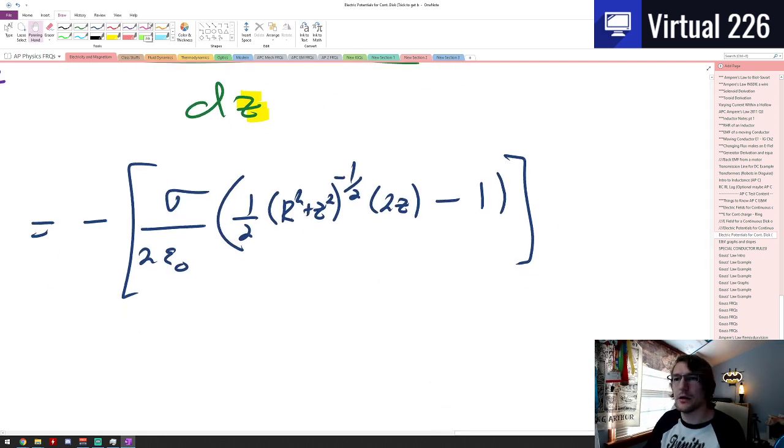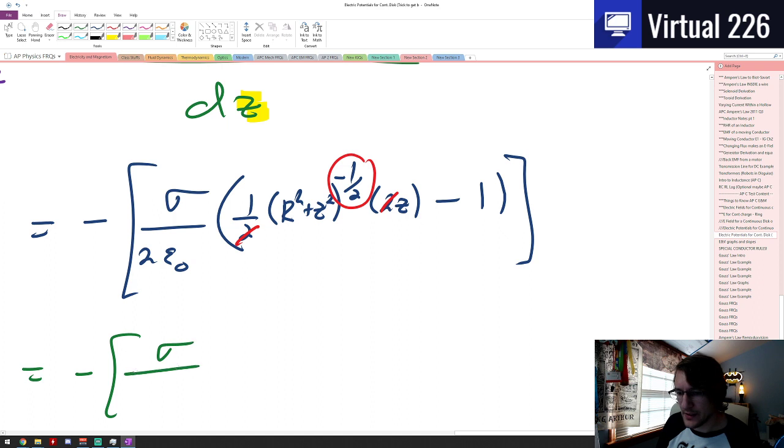What can I do from here? Well, I can very quickly see that the 1/2 and the 2 are going to cancel each other out, and because I've got this negative exponent, that's going to go into the denominator. So I'm going to have negative of this big thing, sigma over 2 epsilon naught, and then this is going to be multiplied by